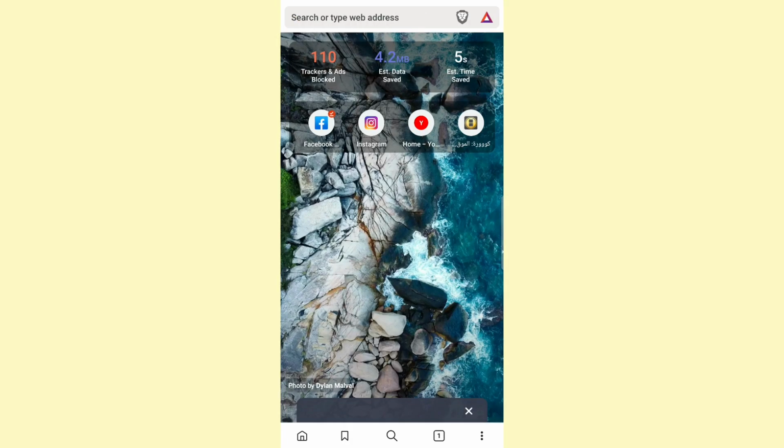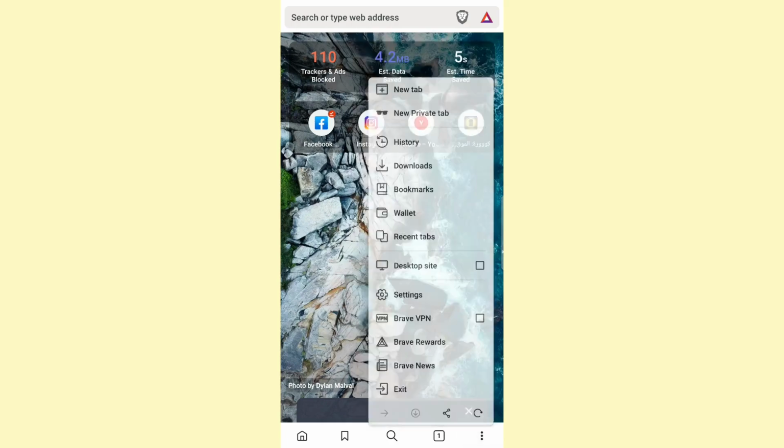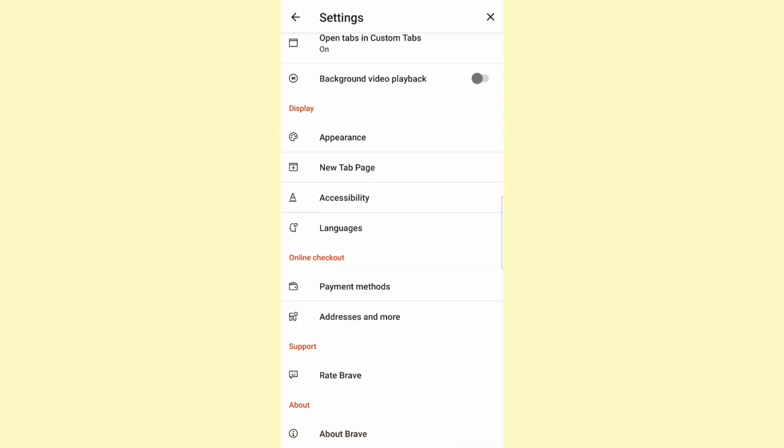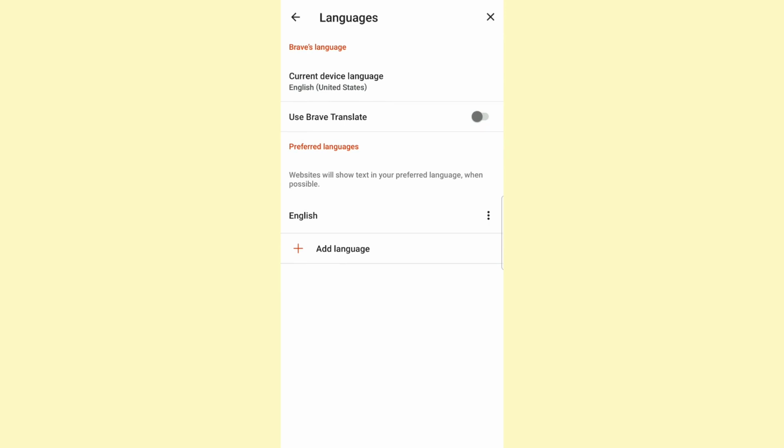So go ahead and open up Brave browser, and once you do that, click on the three dots at the bottom right, then click on settings, and here you need to scroll down to the display section, and from there click on languages. And as you can see here in the Brave's language section, you have this feature or option